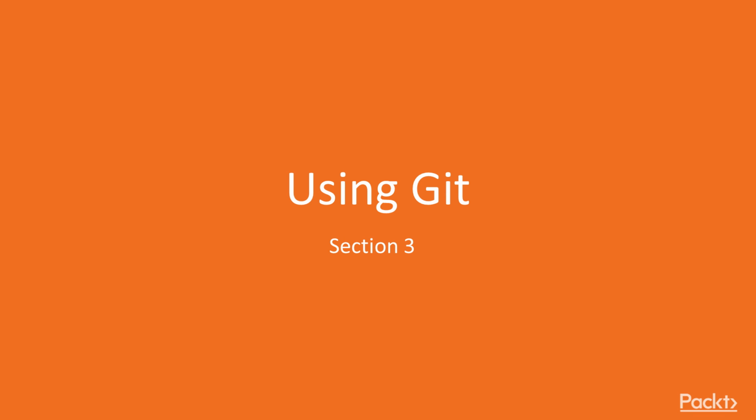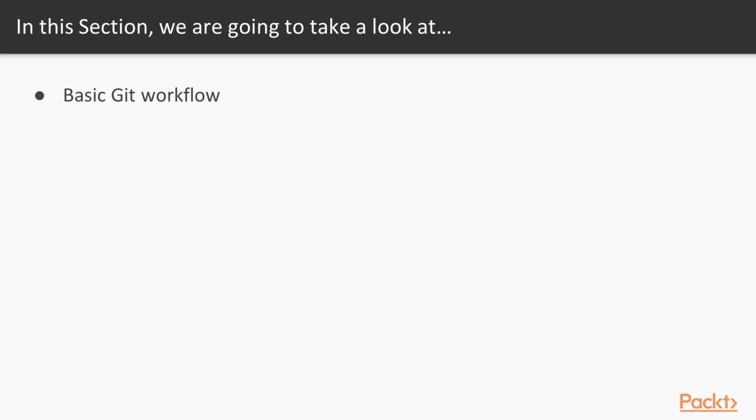We're going to jump into section 3 here about using Git in our version control with Git course. So what are you going to learn in this particular course? Well, we're going to discuss 5 different topics. We're going to start out with the basic Git workflow, where I'll go in and review a very basic one for you to understand how the Git workflow works, how stuff flows in